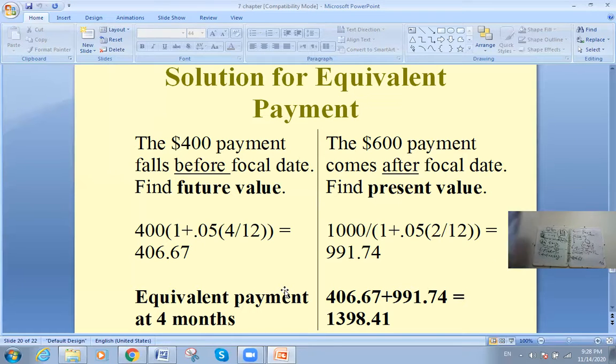Now all I'm going to do here is calculate the present value of the 1,000 for 2 months, how much it is at the focal date, with the same interest rate. So the present value equals the future value divided by 1 plus R multiplied by the time. So this will equal,